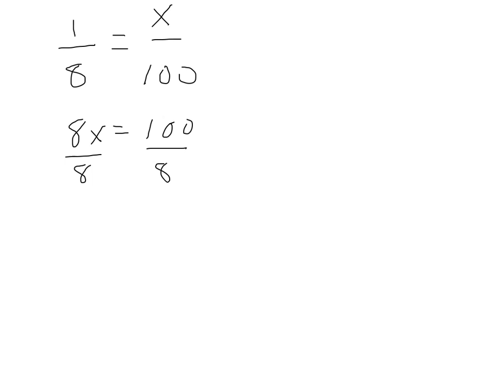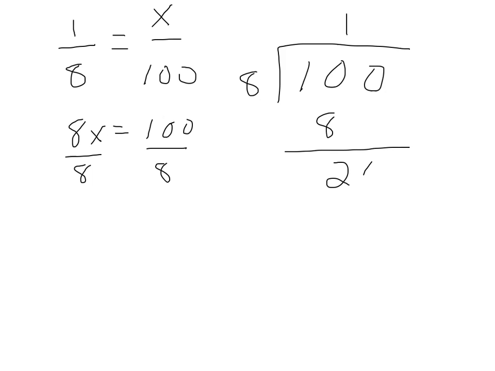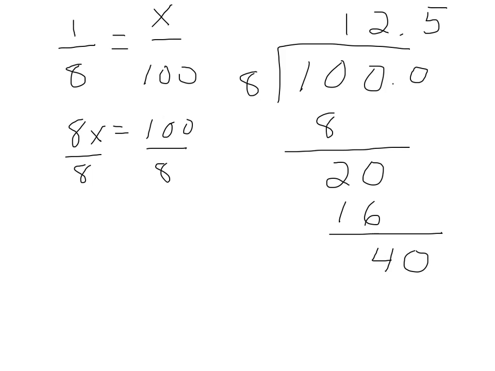So the answer is whatever 100 divided by 8 is. Let's figure that out. I'll write that over here. 100 divided by 8. So how many times does 8 go into 10? Once. So I'll put a 1 up there, 8 there. 10 minus 8 is 2. Bring down the 0. How many times does 8 go into 20? It goes in 2 times, which is 16. That's 4. I'm going to put another 0 on the end here. Bring down the 0. How many times does 8 go into 40? I have to put the decimal point up there also. 5. So x equals